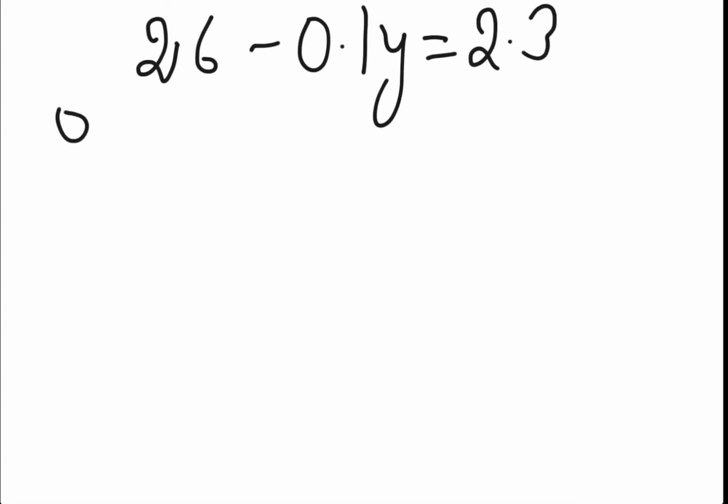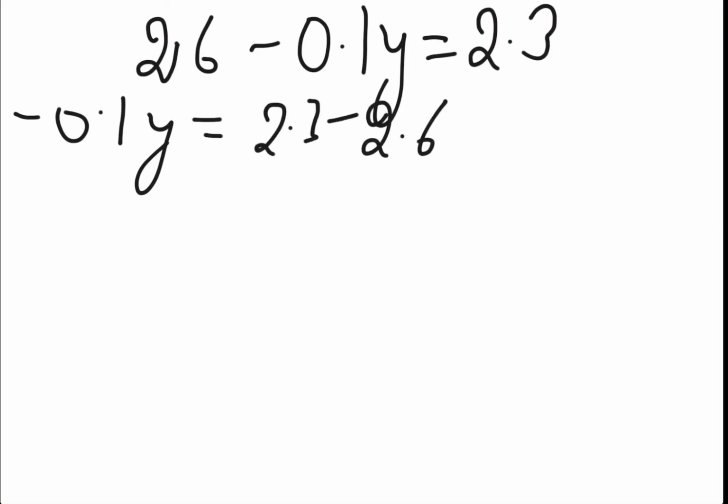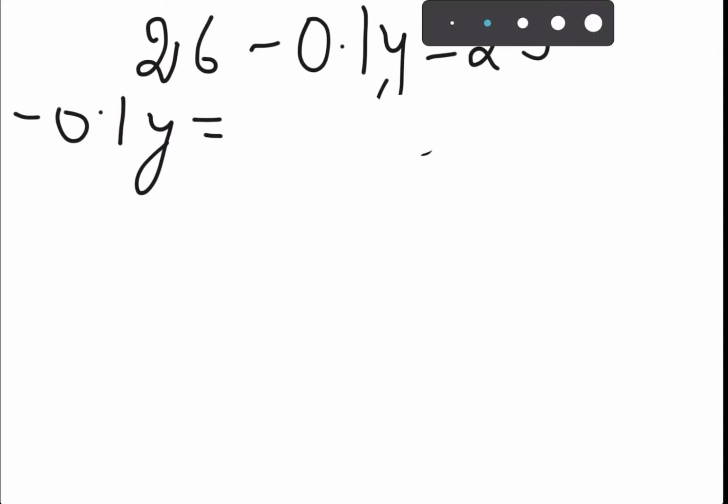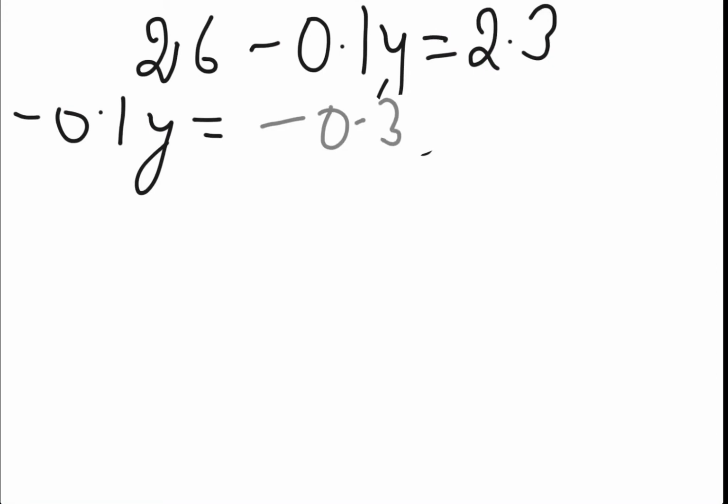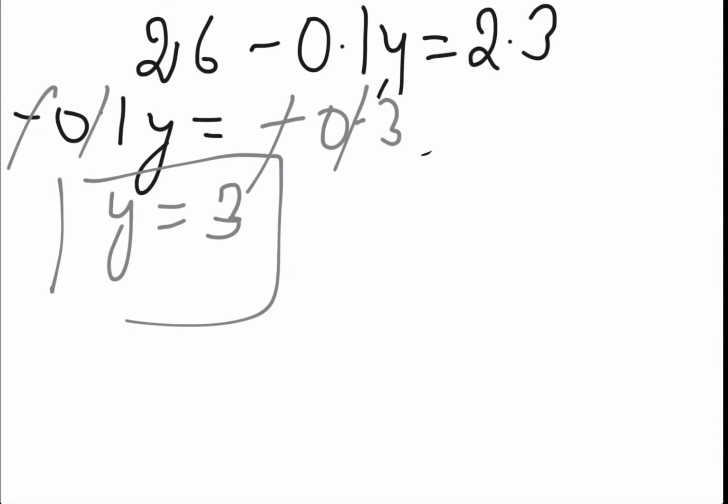So minus 0.1y will be 2.3 minus 2.6, which is equal to minus of 0.3. So this becomes your minus of 0.3. Minus minus gets cancelled. So y from solving of this, the point and point I remove. So y will become 3 by 1, which is your 3. Okay, as simple as that. So I got the value of y as 3.